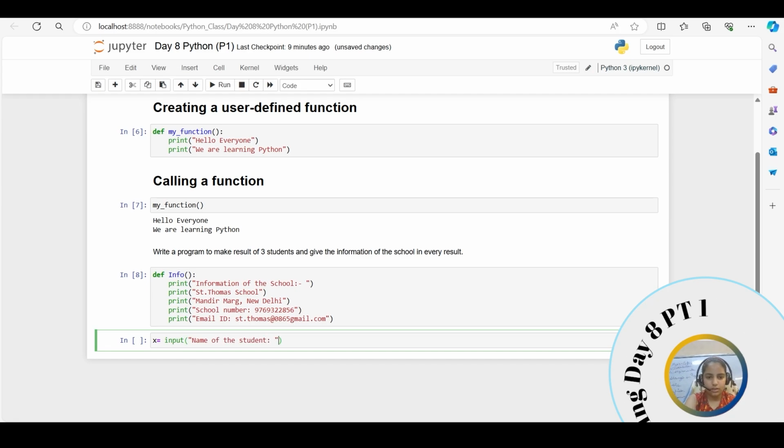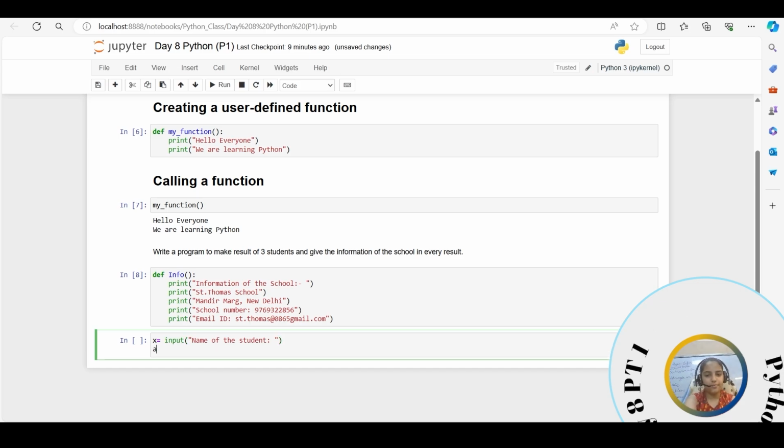Okay, then we have our int input. Maybe we have to get the marks. I want the marks in three subjects. Maybe in chemistry, and then